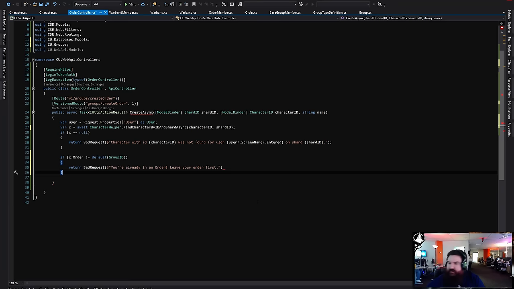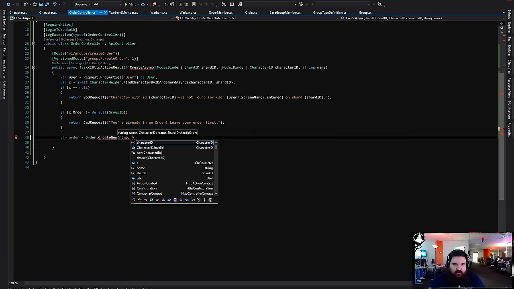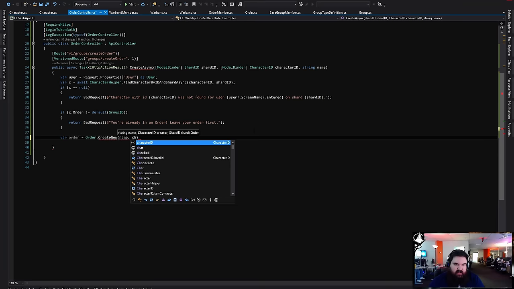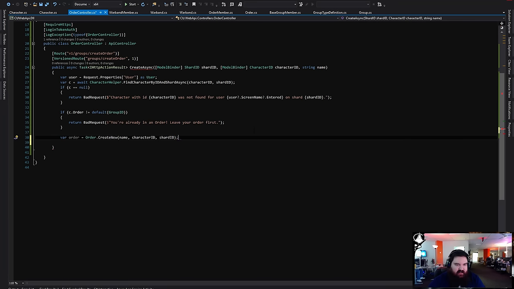Rebuild. Name. Character ID is creator. Which I wrote these functions yesterday, most of the things. Alright, so shard ID, that gives us an order.